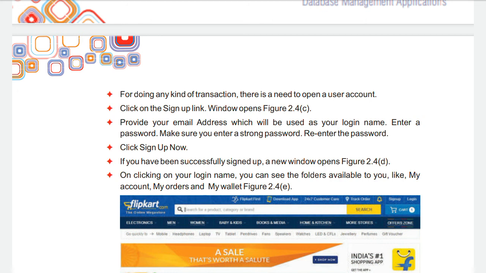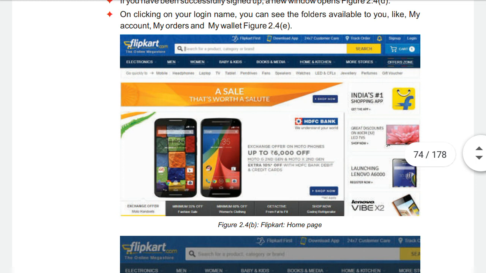Make sure you enter a strong password, re-enter the password, and then click sign up now. After successful registration, next time you only have to log in with your username and password. So after that you will be seeing this complete Flipkart window.